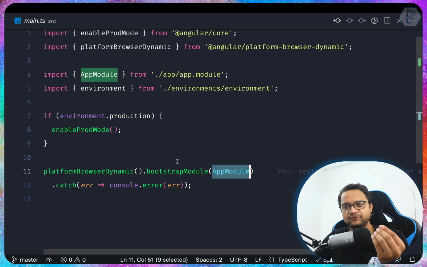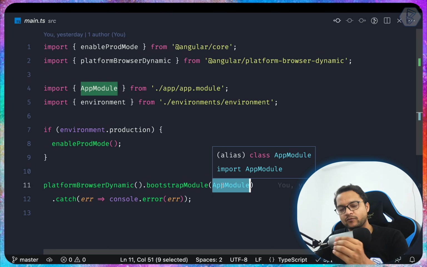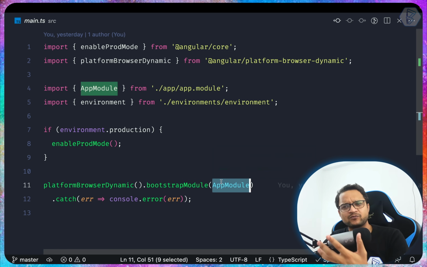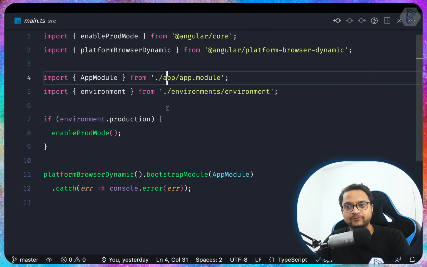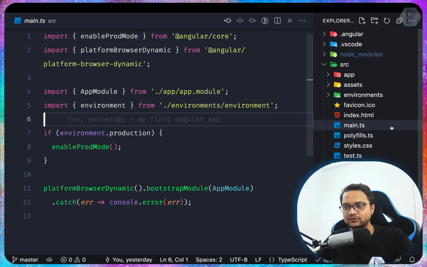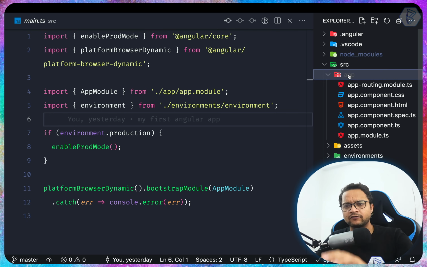So that's why we first start with AppModule. But where is this AppModule? It says in the same directory but inside the app directory. So you can see we have this app directory. Once I open this, we have a lot of files. We don't care about that for now, but we are interested in this